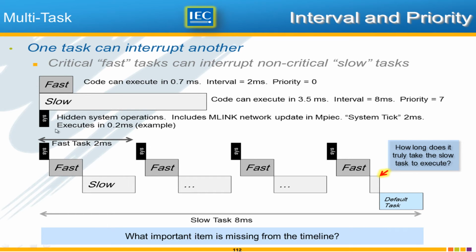The inputs and outputs also need to be read, and remember the inputs and outputs are assigned to a specific task. So they could have a read at the beginning and a write at the end of the fast if that particular input module is tied to the fast task, or it could be a read at the slow, and write at the end of the slow if the I/O for that module is configured for the slow